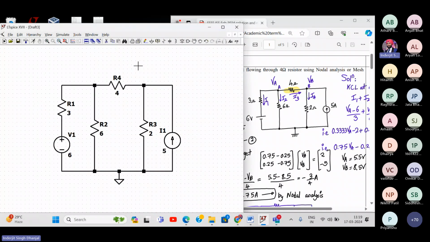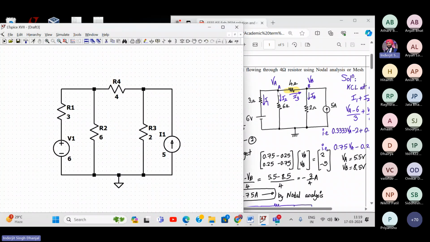Okay. Now I have to give a label. You remember in nodal analysis, we assign a label A and B or VA or VB. So we'll assign a label over here. So what I will do is I will take out some part of this wire over here. Okay. And I'll press on escape. Then some part of this wire, I'll extend it up so that I can add the label